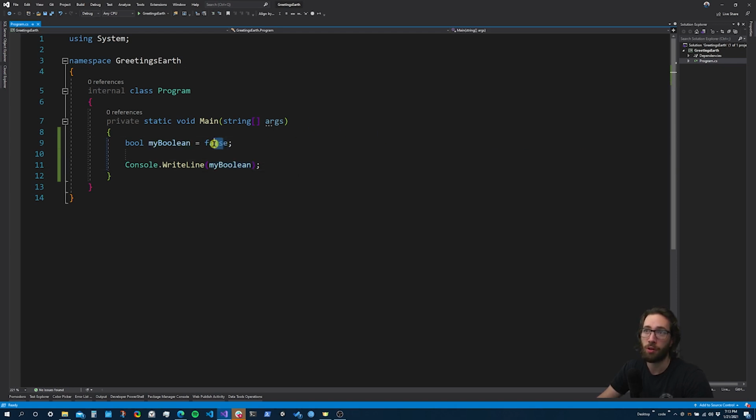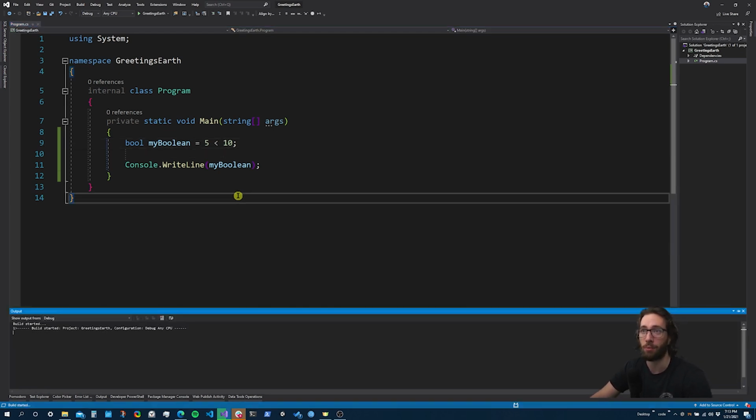So we can put true or false in here, but we can also put any type of condition in here that evaluates to true or false. And a condition is exactly that. It compares something. Let me just write it out here and you'll see. So 5 is less than 10. That's a condition, and that is an evaluation operator. So 5 is less than 10. That equates to true. So it stores true inside of my Boolean, and you can see if I run it,